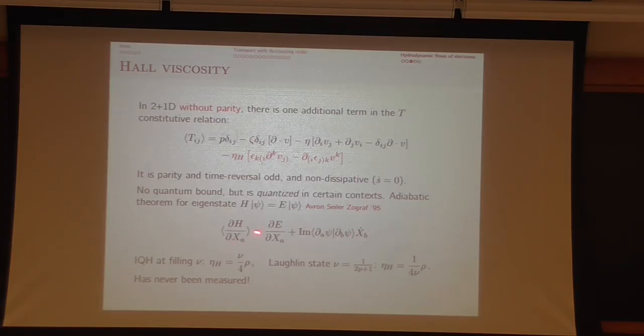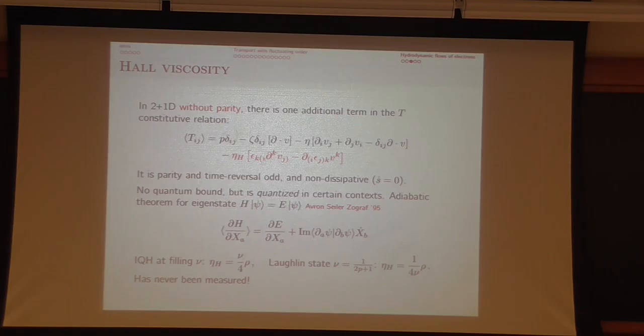And so if I imagine that these external parameters are deformations of my system, the response of the Hamiltonian to deformation is kind of like a stress tensor, expectation value of a stress tensor. And deformation dot is like a velocity. And so you can kind of convince yourself that this looks like a viscosity. Also, this happens to be odd under time reversal symmetry. So it really is the Hall viscosity.